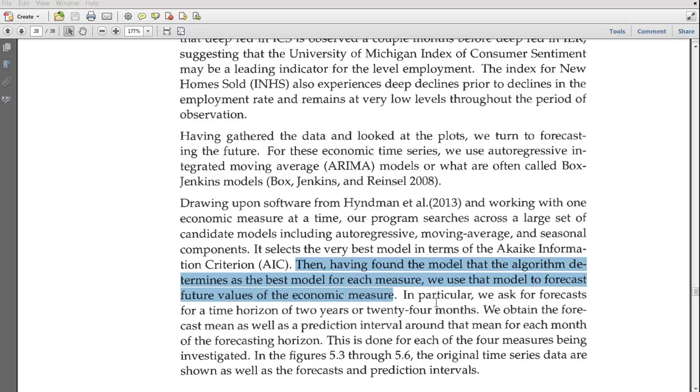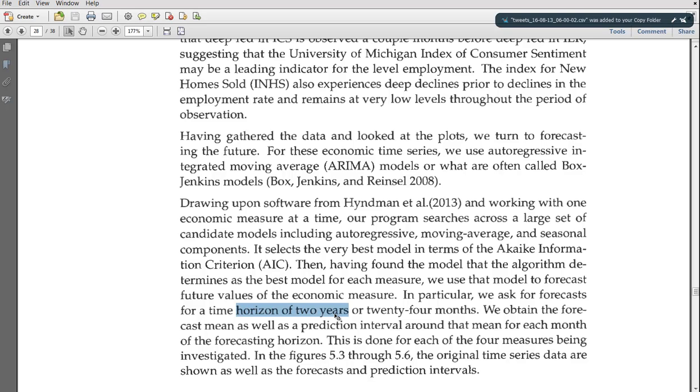He says, in particular, we ask for forecasts for a time horizon of 2 years, or 24 months. We obtain the forecast mean as well as a prediction interval around that mean. In other words, we're going to say, okay, well, I think in 1 year the consumer sentiment's going to be at 120 or something like that, and then we're going to say plus or minus a certain amount. So he says we obtain the forecast mean, that would mean like 120, as well as a prediction interval, plus or minus 10 or plus or minus 20 or whatever, around that mean for each month